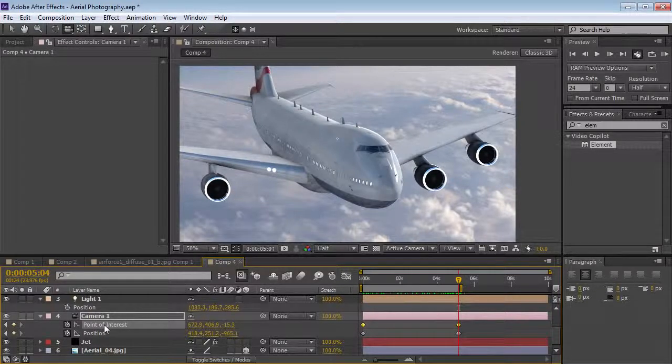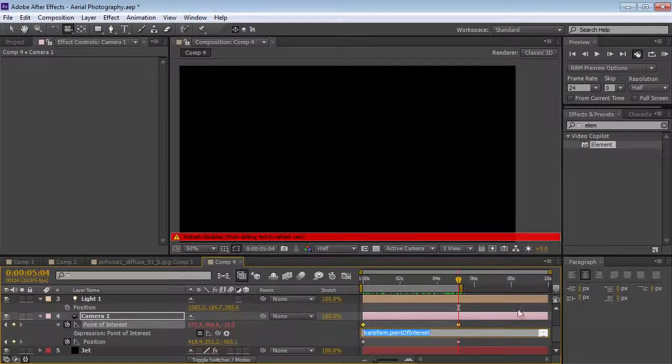So the point of interest is where the camera is pointing. So if you imagine shooting inside of an airplane, it might be kind of hard to hold the camera steady. Giving a little bit of randomness to the point of interest will just give it a little bit of a searching feel. So let's hold down Alt, click on the stopwatch, and we're going to type an expression. We're going to type wiggle